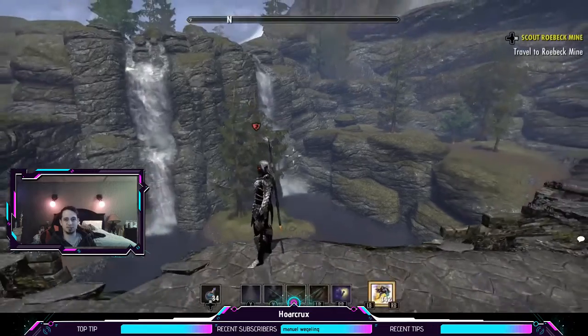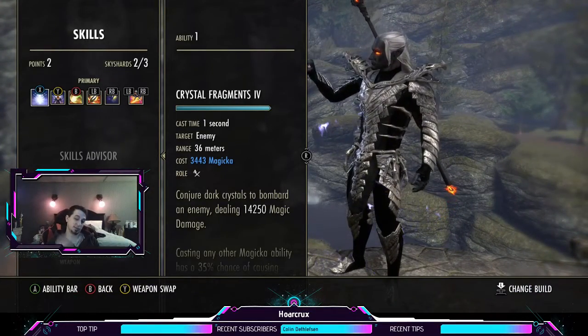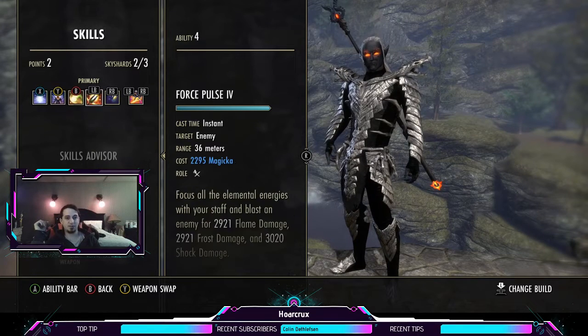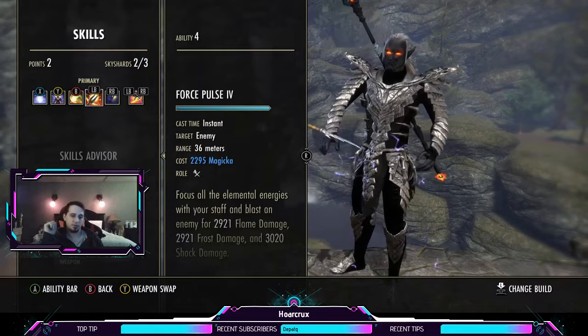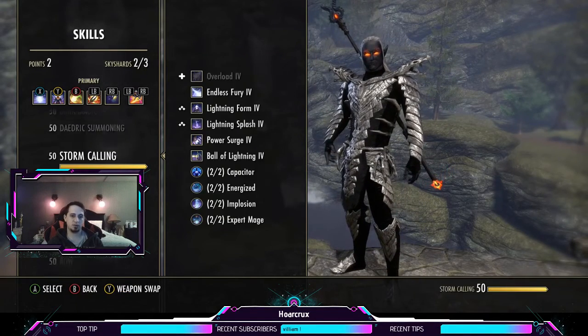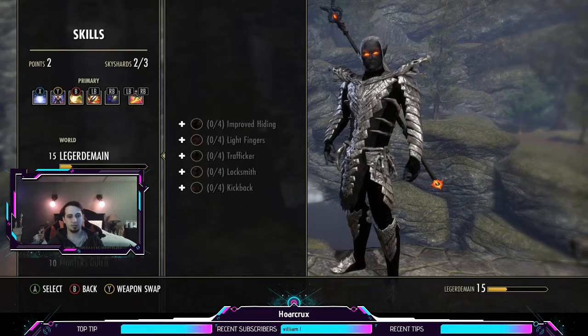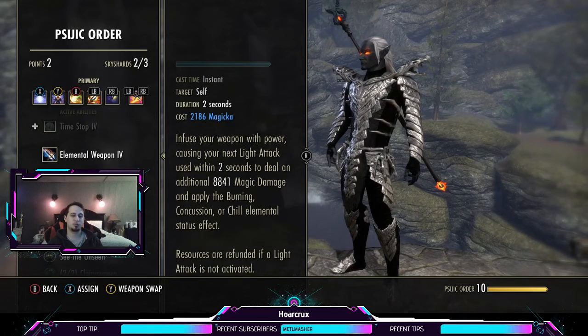Alright, so on to the skills. The skills are very important. Alright, 3 skills that you absolutely need. It's frags, cursed, and whatever spammable. Choosing Force Pulse. It's pretty cheap. Alternatively, you can go with the Sigic Order skill line, Elite weapon. The reason I'm going with Force Pulse right now, yeah, the tooltip's higher on Elite weapon, and the